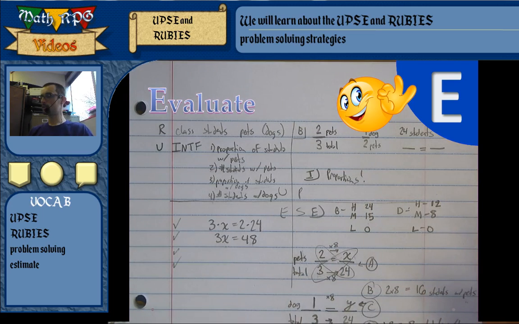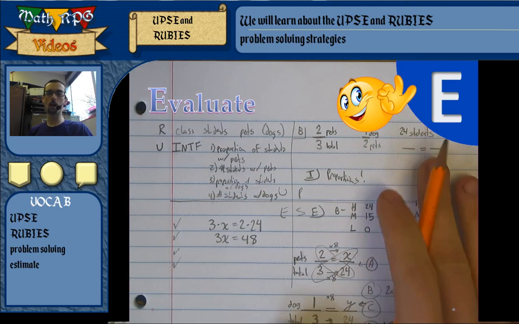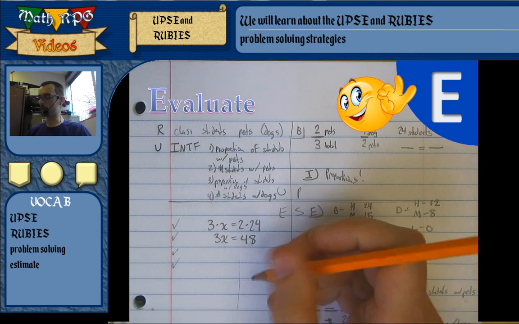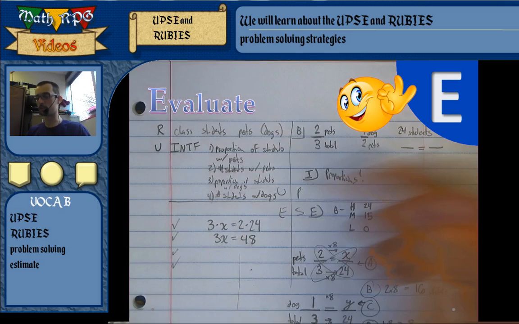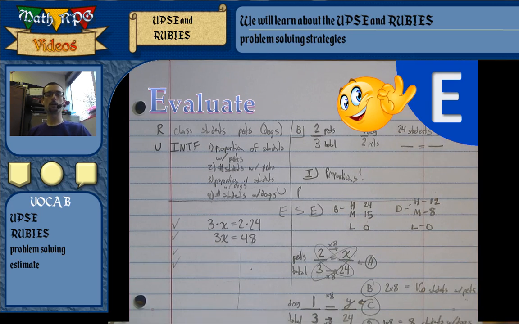And again, some problems are easier than others. You don't have to do this kind of UPSE and problem solve. This is really good for word problems, but some problems it'll just give you a graph and ask you what are the coordinates at this point. You won't have to do a problem solving strategy for it. You just have to count it and find it. Right? So hopefully this gives you an idea of what I'm looking for when I say